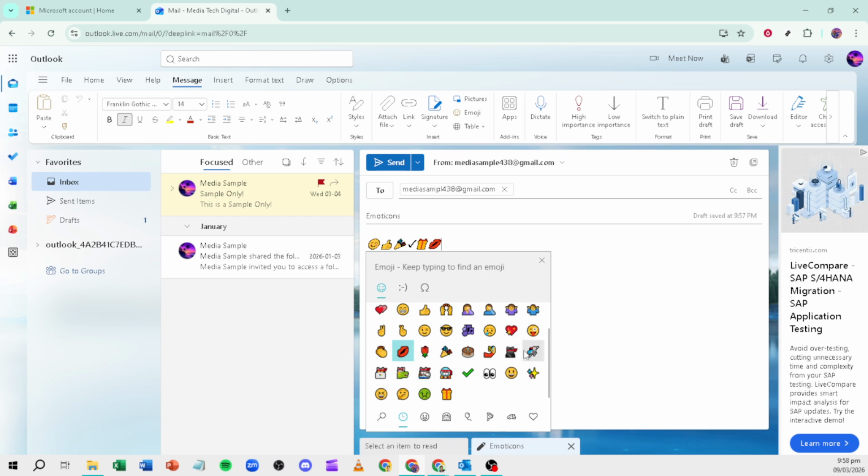If you need to adjust tone, consider placing an emoji at the end of a sentence rather than in the middle of a phrase. That's all there is to it. Open Outlook, start a new email, confirm you're in Mail, press Windows key plus period to open the emoji picker, and